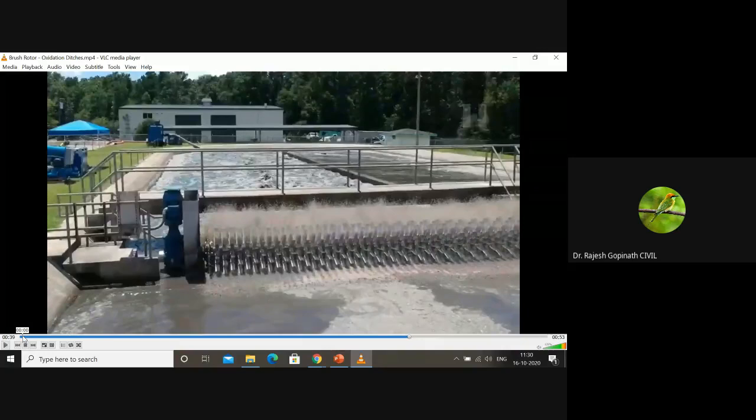So what the rotor is achieving here is turbulence. When the rotor is achieving turbulence, there is mixing of wastewater and air. So basically it achieves diffusion of gases. Oxygen enters, and gases such as carbon dioxide, sulfur dioxide, or any other gases for that matter, escape, and thereby treatment is also achieved.